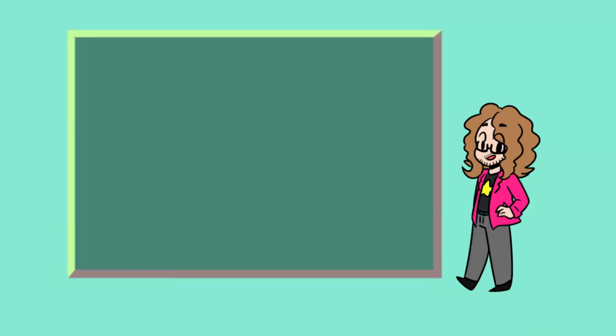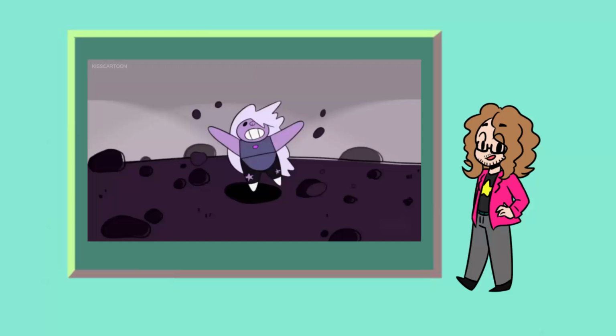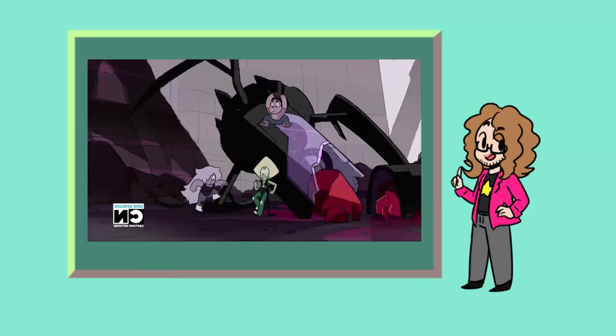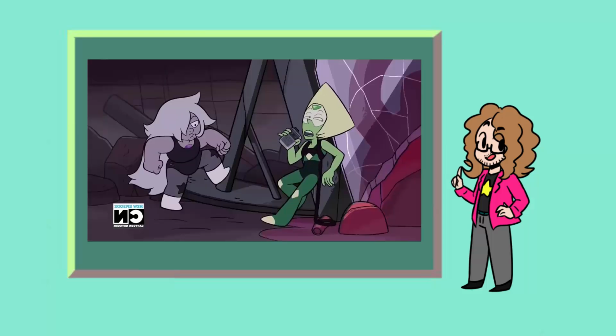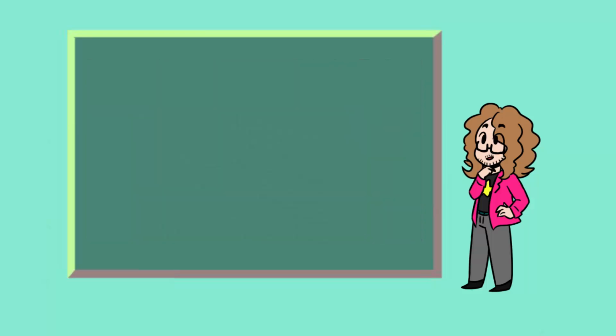You may not have picked up on this since the most in-depth description that we ever got of the substance from the gems themselves was from Amethyst in the How Are Gems Made short, where she simply referred to it as junk. But if you pay attention to scenes from the kindergarten, we can see that there is a liquid pooling around many of the broken injectors there. What seems to happen is that this liquid is the part of the gemstone that contains all of the personality data, information, and programming that will later come to be stored on the gemstone, and that it hardens into a gemstone by absorbing minerals from the surrounding soil.